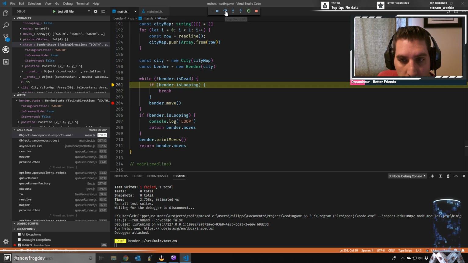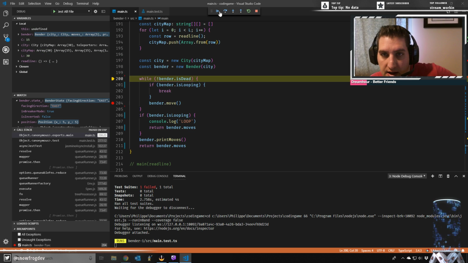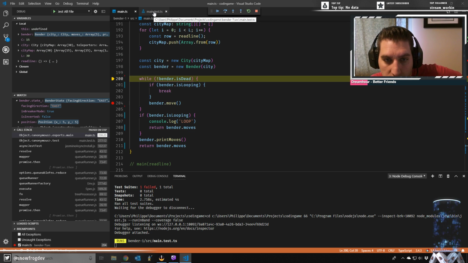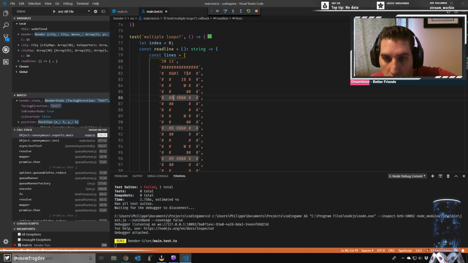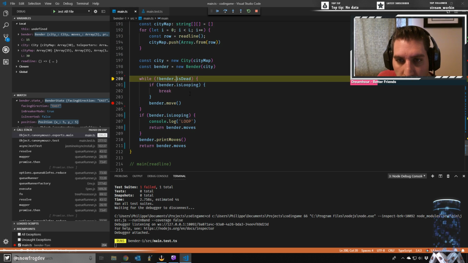Okay, keep going. Boom, boom. 5, 5. Okay, so we have just moved 1 over to the right. We're now facing east. Why is that? Because we have hit an obstacle. And these obstacles, Bender cannot break. So that is the correct behavior, right? East. If we go according to our priorities,